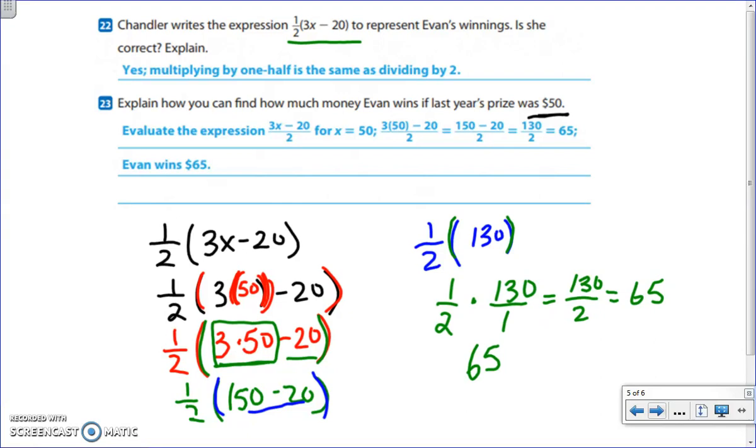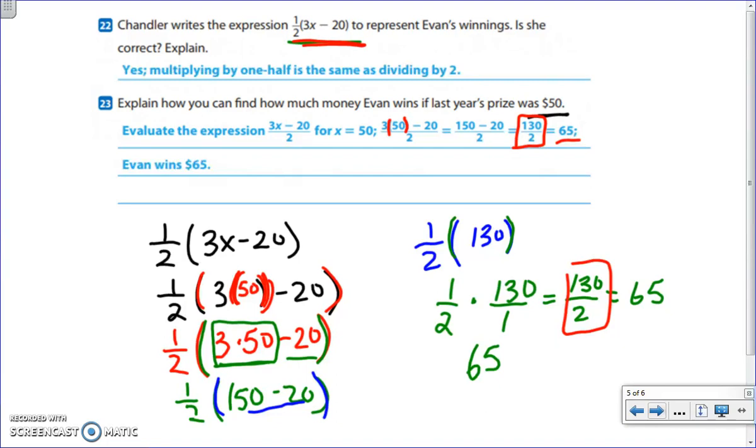You can see a couple things I want to point out here in the book's explanation. They use the expression that I had said would be equivalent to this one, but you can see that they used parentheses when they substituted, and they showed every single step all the way through until they found that it was 65. Eventually they did find that 130 over 2 as well, just like we did, and so you can see that the expressions are equivalent because